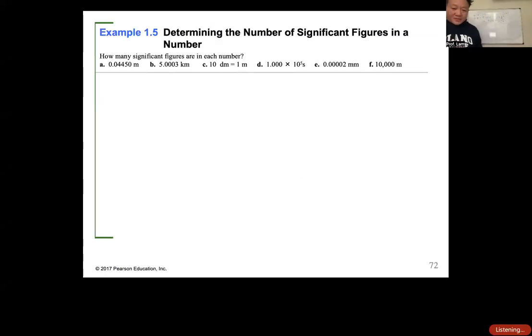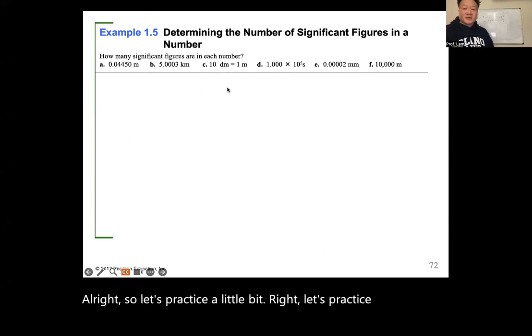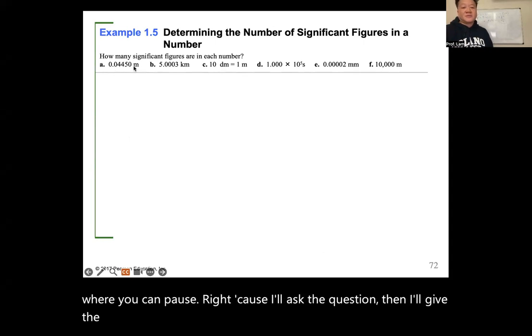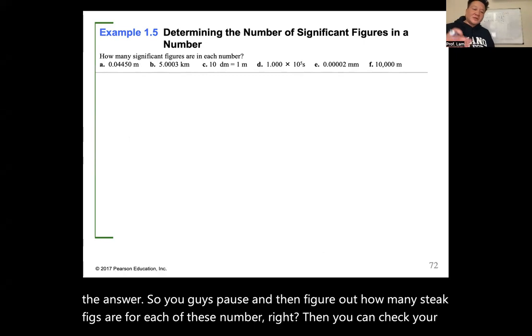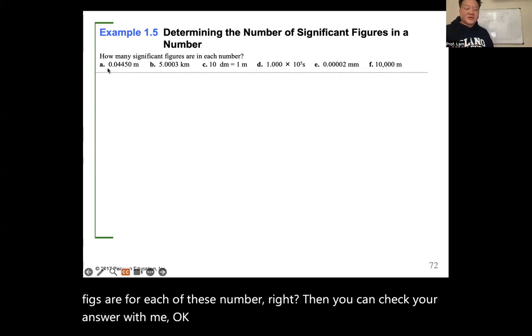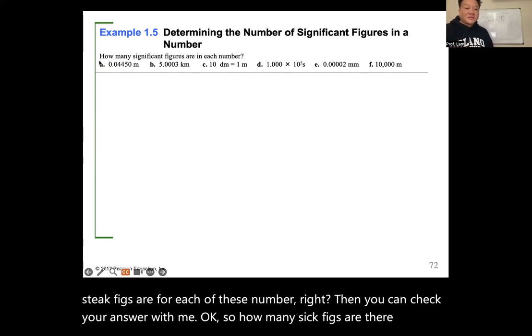All right, so let's practice a little bit. Here's where you can pause, because I'll ask the question, then I'll give the answer. You pause and figure out how many sig figs are in each of these numbers, then you can check your answer with me. So how many sig figs are there in A? This number right here,